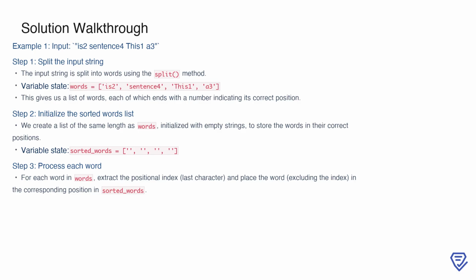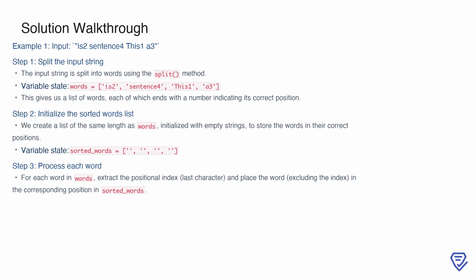To solve the problem, we start with an input string, in this case, "is2 sentence4 this1 a3". The first step is to split the input string into individual words using the split method. This gives us a list of words, where each word ends with a number indicating its correct position. So, the variable words holds the value ["is2", "sentence4", "this1", "a3"]. Next, we prepare for sorting by initializing a list called sorted_words of the same length as words, but filled with empty strings. This list will eventually hold the words in their correct positions. At this point, sorted_words is,